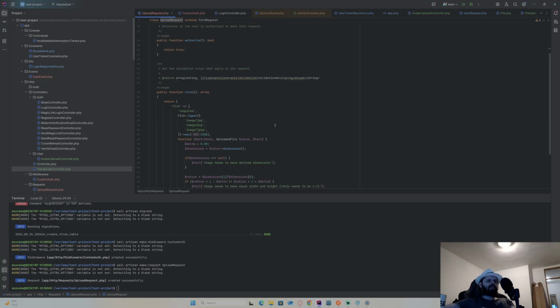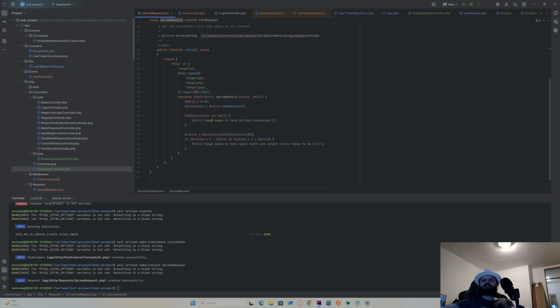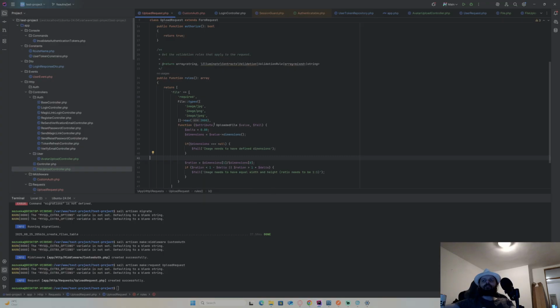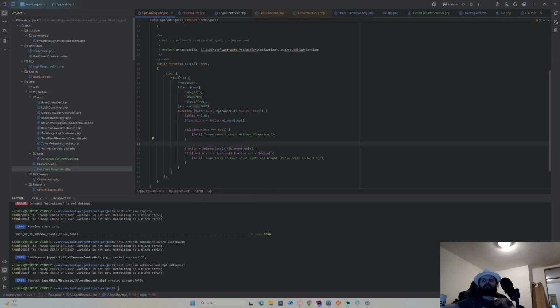Well, even validate ratio for most of them. For most of them we want size limit and MIME types, for ratio, probably not for most of them. So this needs to be conditional. This part needs to be conditional. Okay, so basically, yes, I'll have rules here as an array, and then I'll add a condition, and if the condition is true, I will just do this.